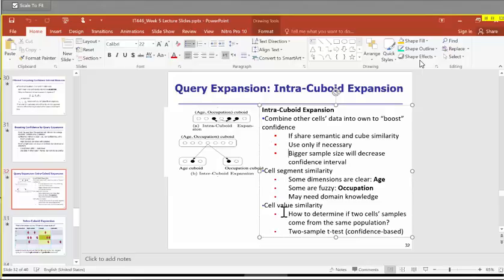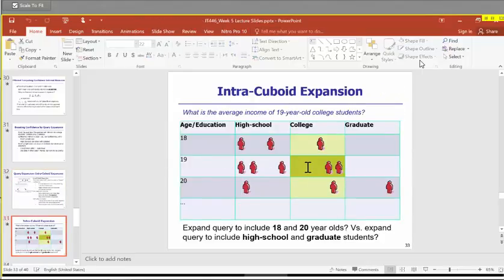Cell value similarity can also be used, and we have to know how to determine if 2 cell samples come from the same population. Maybe the values in the cells are from different populations. So a two sample t-test can be used for the confidence interval. Now you can see that we can expand the query to include 18 and 20 years old. There could be another option as well: instead of expanding it vertically, like we have done here, where we have included the 18 and 20 and the 19 years old data,